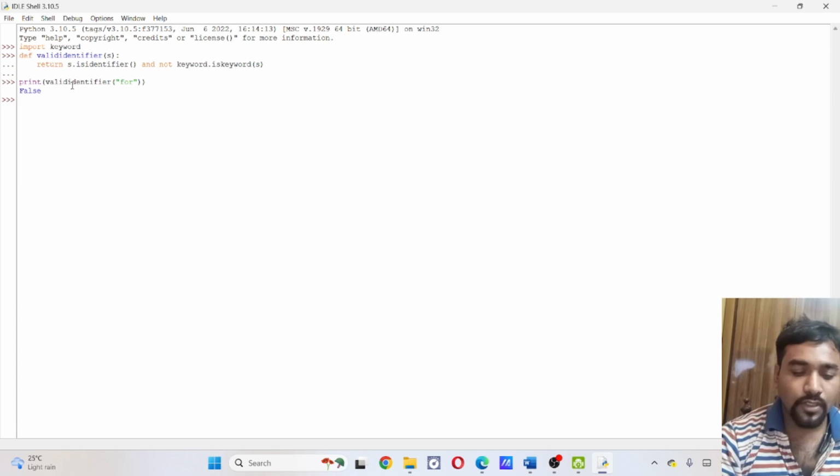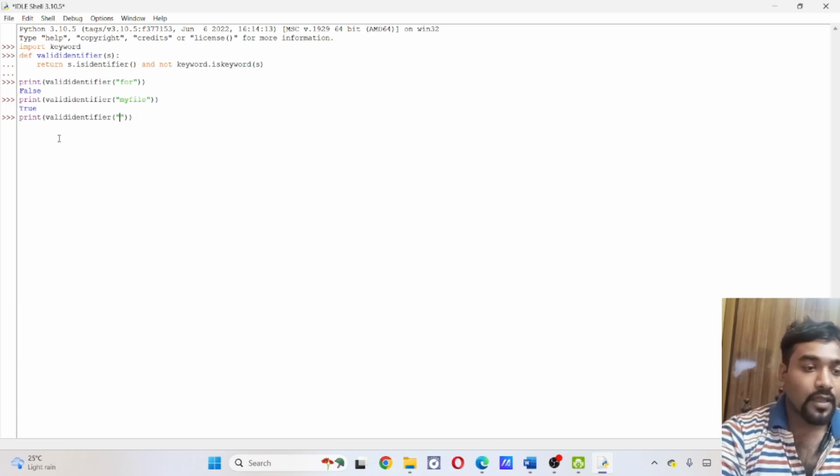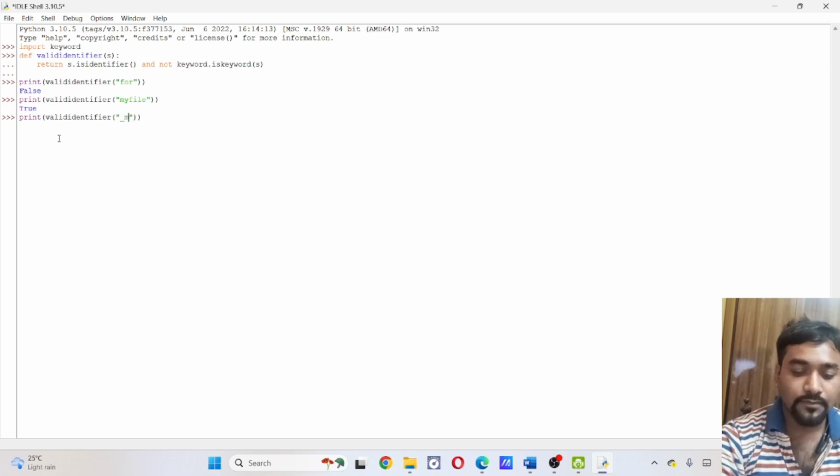Next I am giving another identifier name like my file, and this is a valid identifier, it is returning true. Next I am giving underscore my file, it is also returning true. And next I am giving 1 my file,